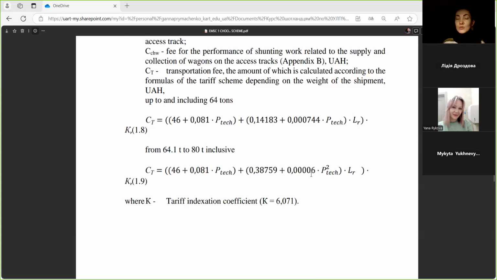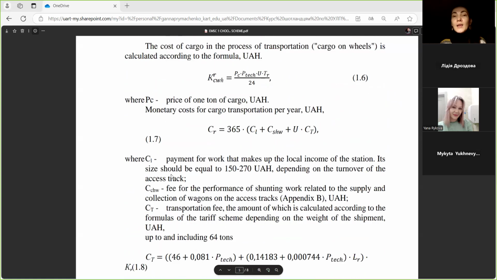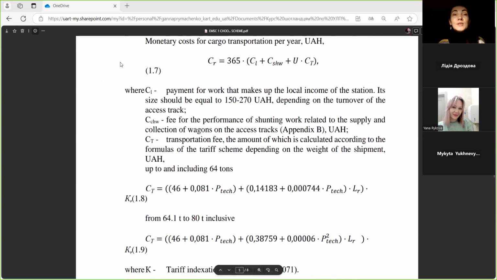Okay, I think we have to start our last formula in our task 1.1, and if you could, you finish it later. Okay, and our last formula is formula 1.7. It is monetary costs for cargo transportation per year in hryvnias. So please write on your paper or on your electronic documents C with index R for railway transport. Its cost for railway transport is equal to,